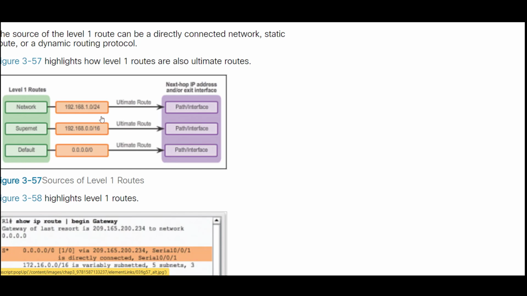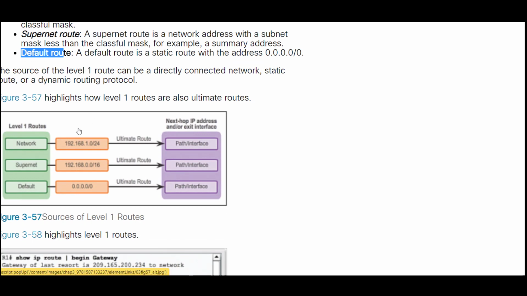Suppose if I have something here like 26 or 27, I'm not going to consider it as level 1. So level 1 means you are taking the IP address range, this is class C, and for class C it should be 24. So this is correct, this is level 1. But the next one, 192.168, is class C, and here I need 24, but this is less than 24. We have not done it like this. We just borrowed 2 bits, 3 bits. We increased from 24 to 26, 26 to 27, we borrowed like that. That is called subnetting. We know we borrowed some bits.